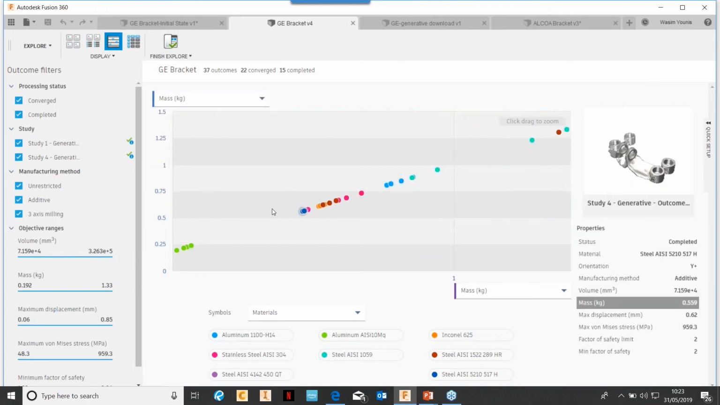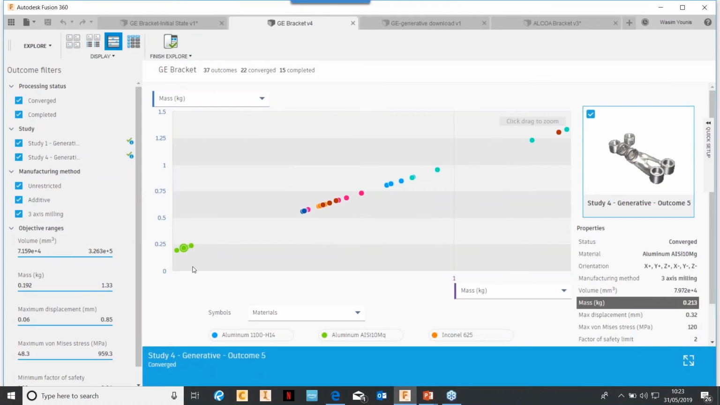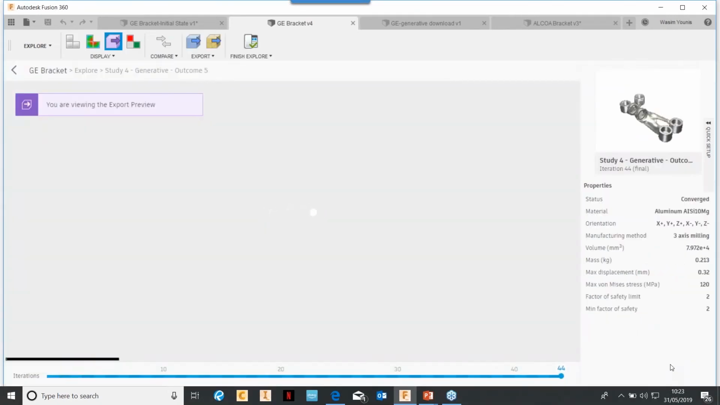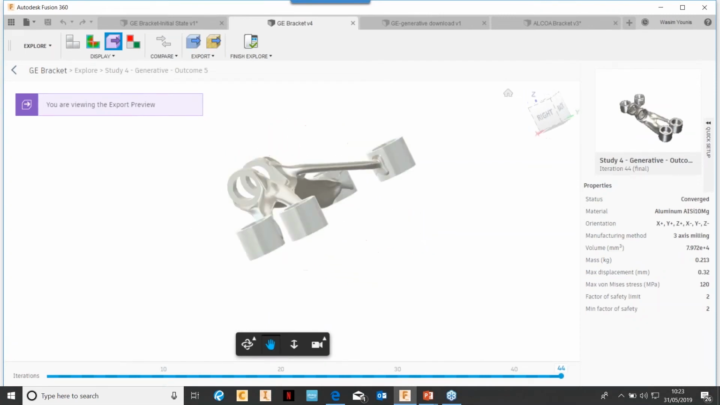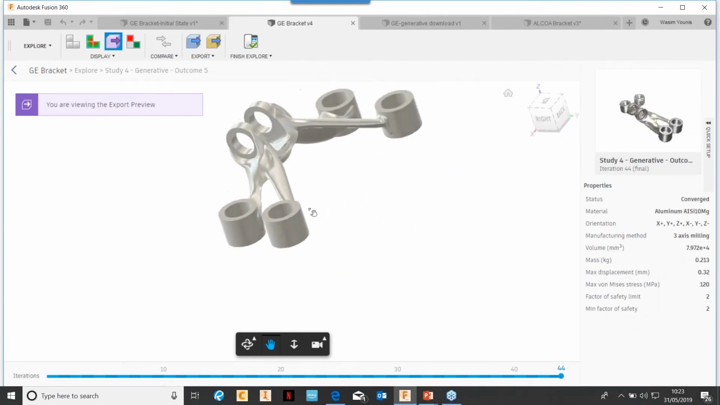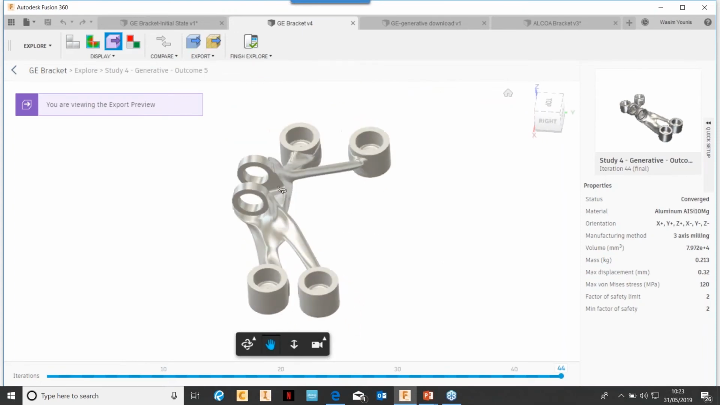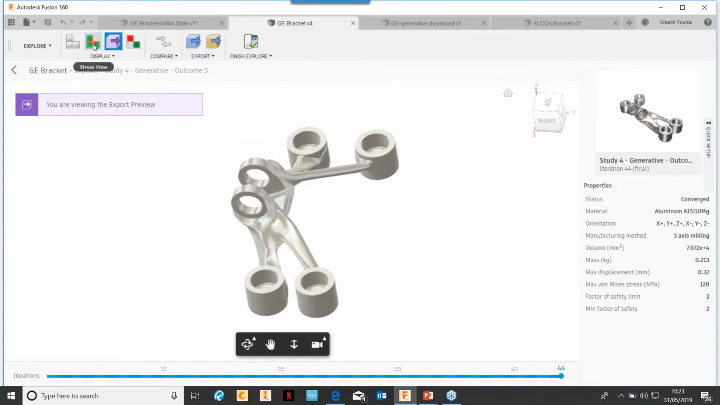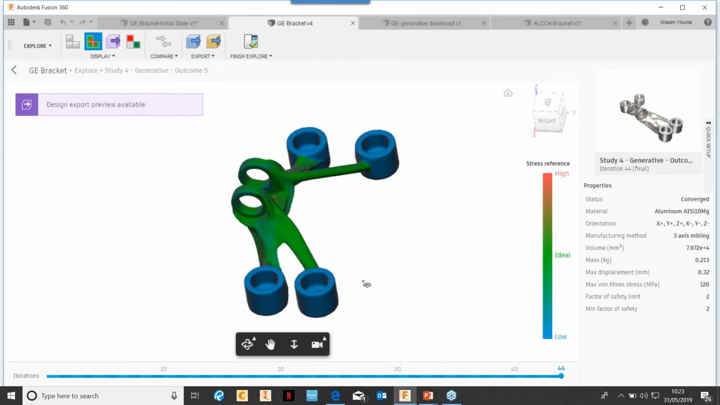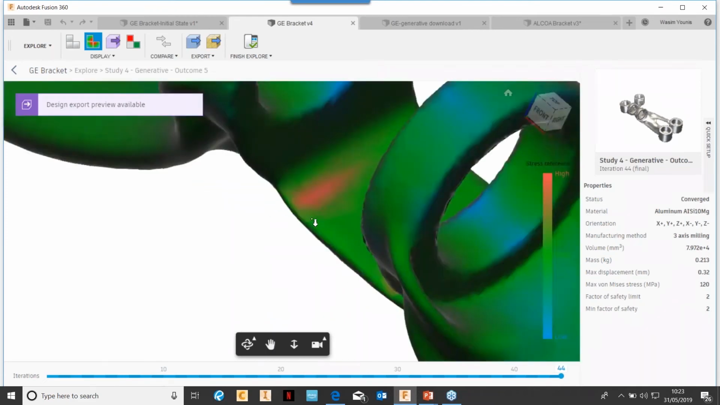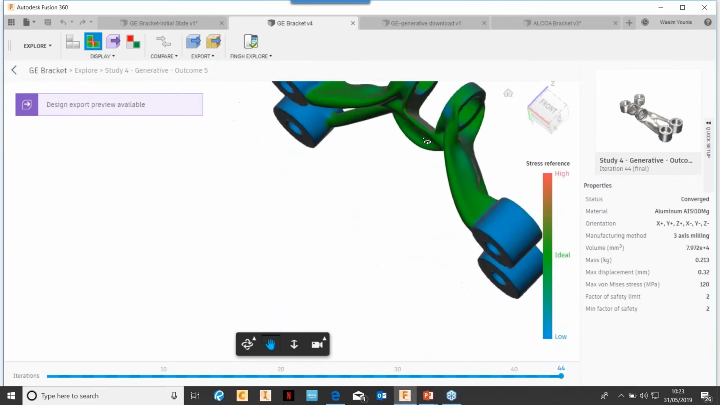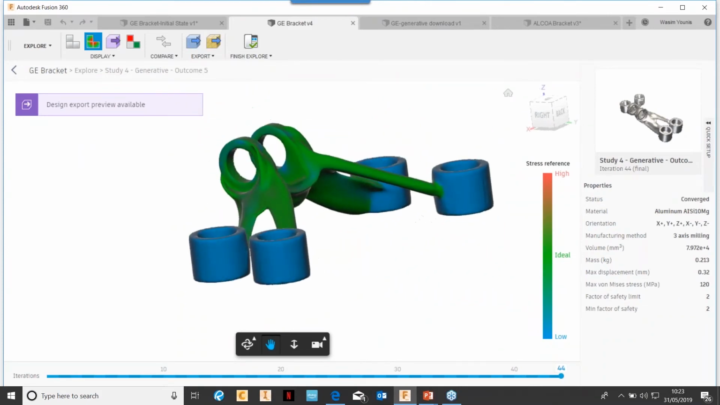So I'm going to go to the mass one here, for example, and if I just highlight that one, and let's have a look at this one. If I just move this one down, so you can start having a look at the geometry itself. So this is basically what it's generated. And you've got your data on your right hand side, and you can also view these. So what it's doing in the background is actually also going through the simulation aspects as well. So you can see the high stress points are the red bits, and the blue bits are basically low stress. So if I just go back and close this one down,